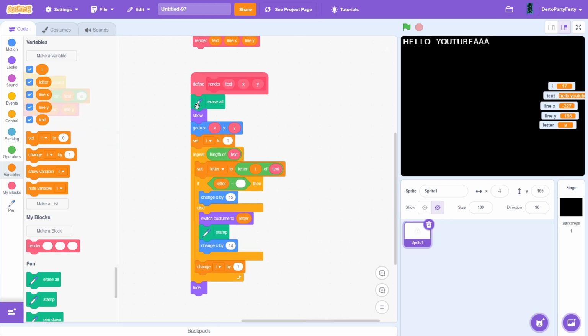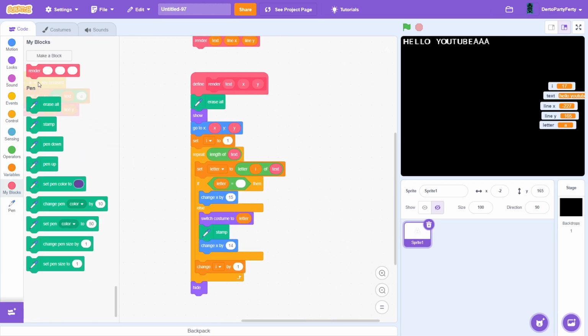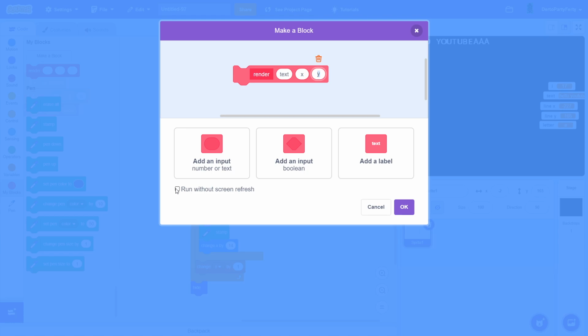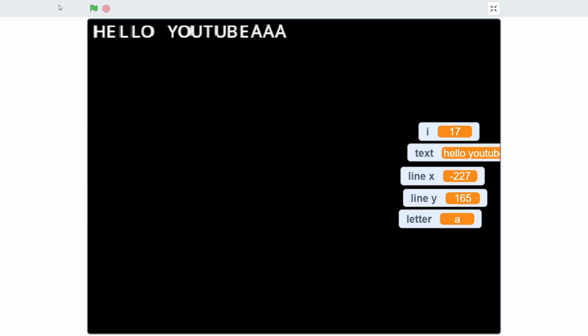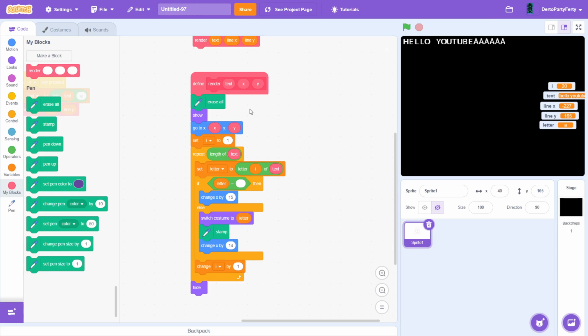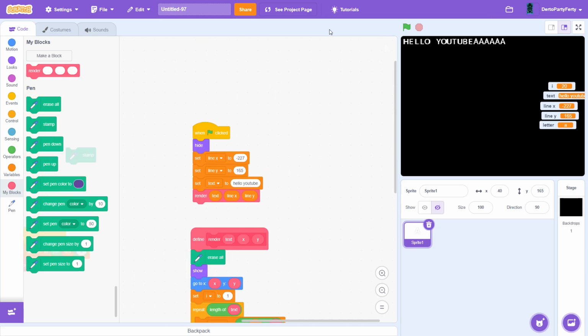So what we do here is edit and add run without screen reset. And now if we do this, you can press A and it almost looks like it doesn't load at any time. That's what I used on my project. Anyways,